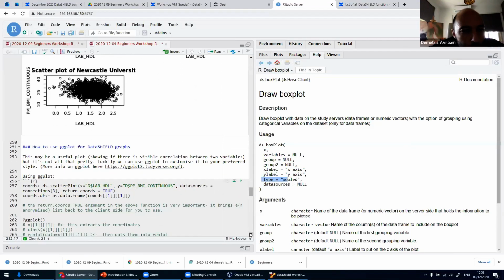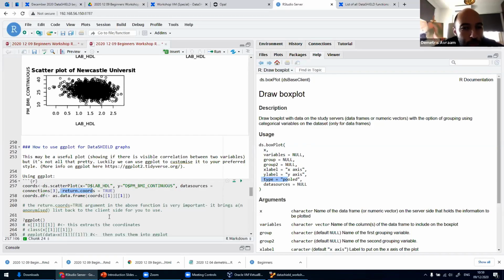So this is about graphs. And then I think one new feature that we added in the scatter plots is that the analyst can get back those anonymized values in the console. So you can add this argument in your function, return coords, which mainly returns coordinates, equal to true. By default, this is set to false. But if you set this to true, you can get in your console the coordinates, the X and Y coordinate